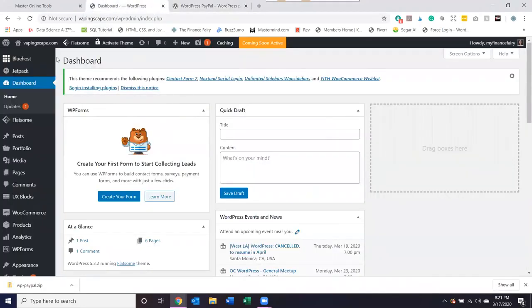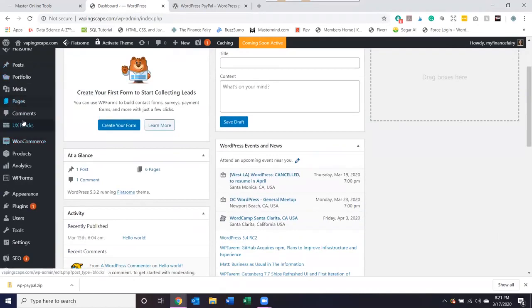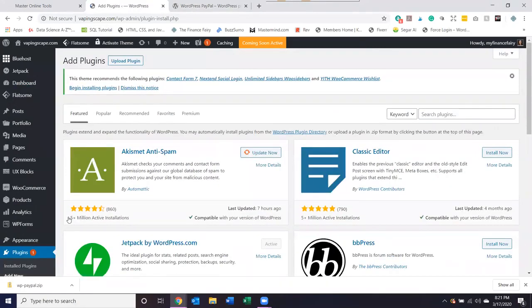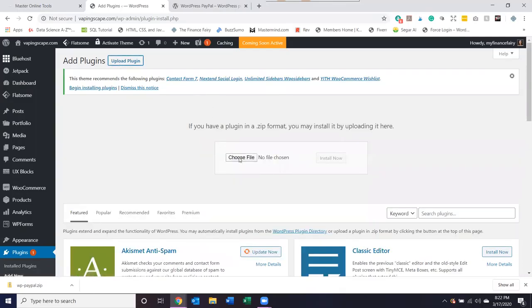Then we're going to go back into WordPress, scroll down on our tabs and select plugins and add new. This is the plugin directory within WordPress where you are able to install plugins that already exist on the platform. So PayPal is not in here, so we need to select upload on the top, select